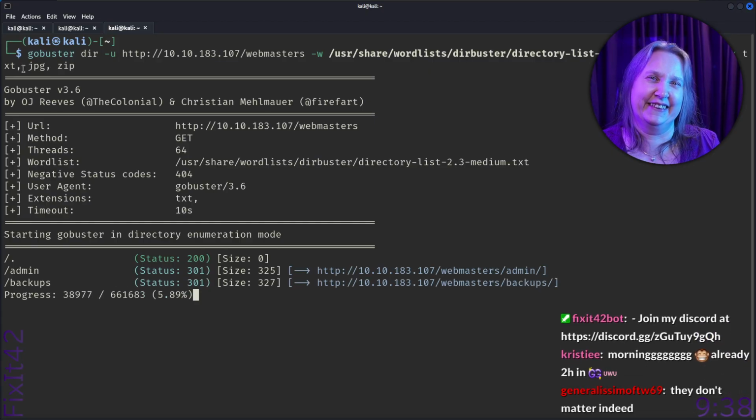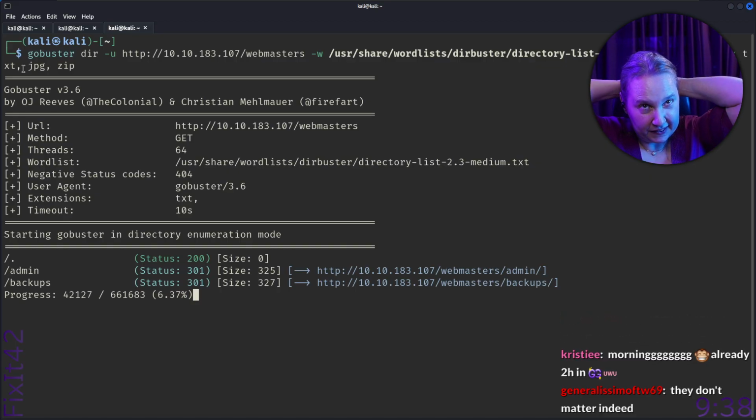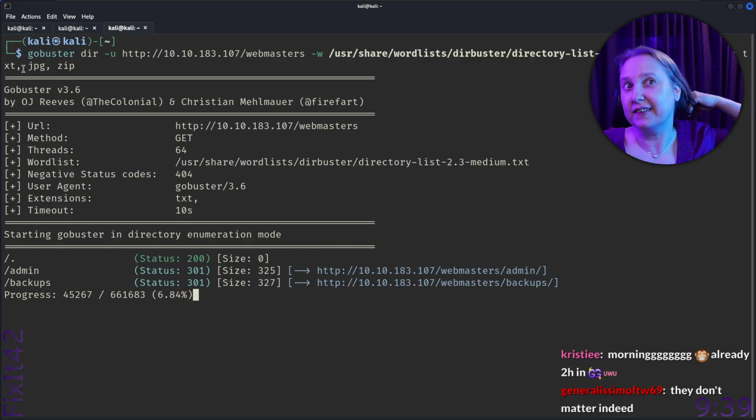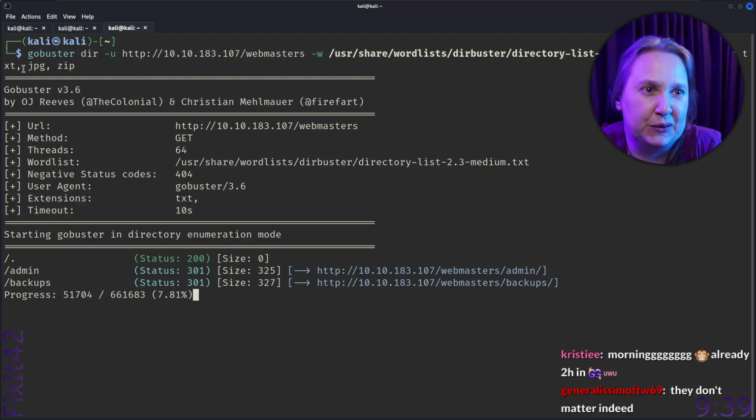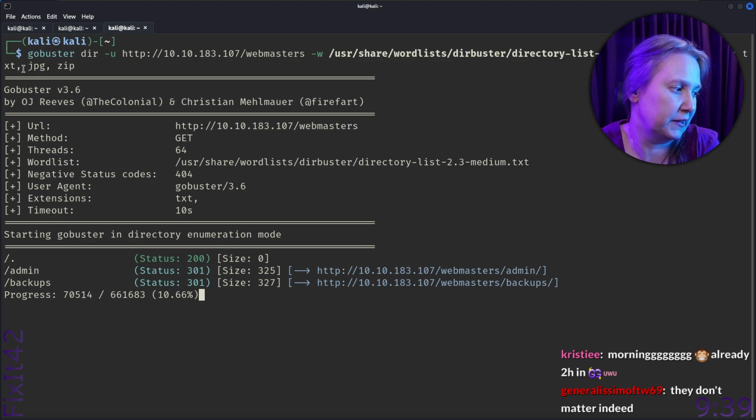We'll see. I don't think it should matter. If it does, that's a bad program. And this is a comment too: they don't matter indeed. Actually watching the numbers. Well, 10% already. That's okay, right?